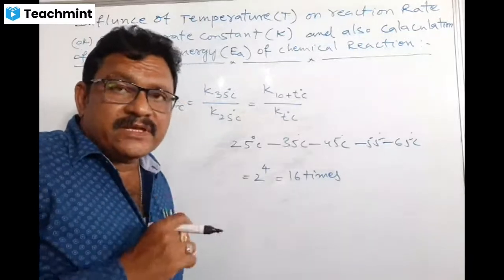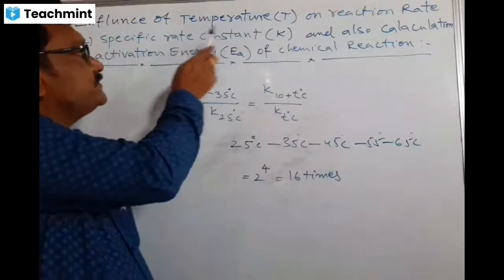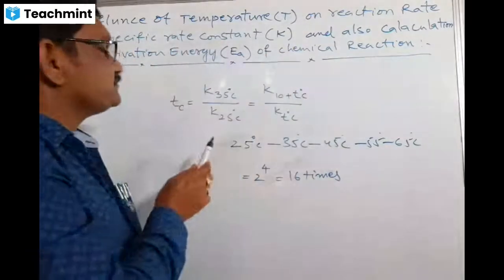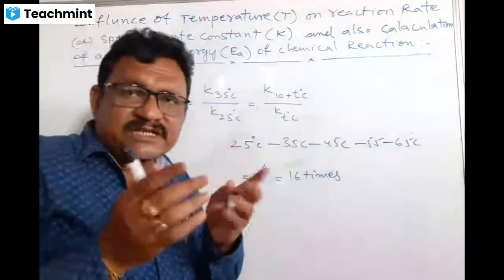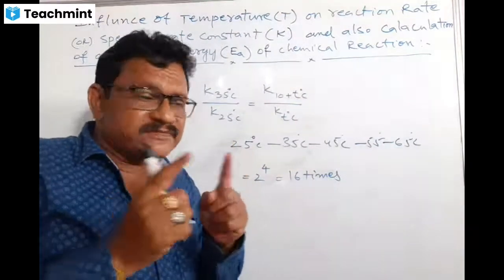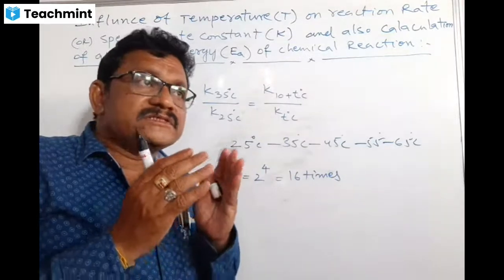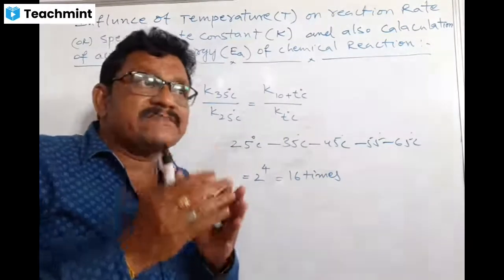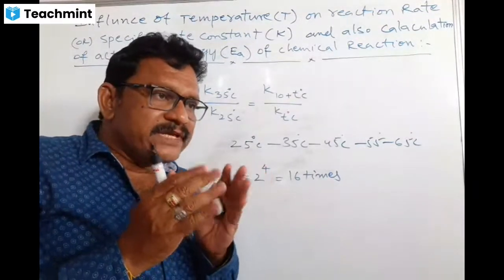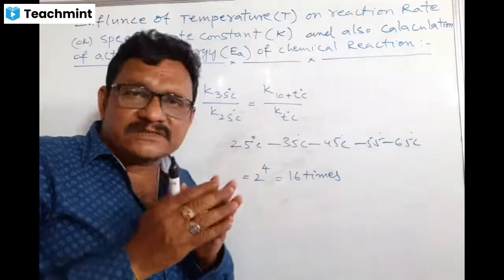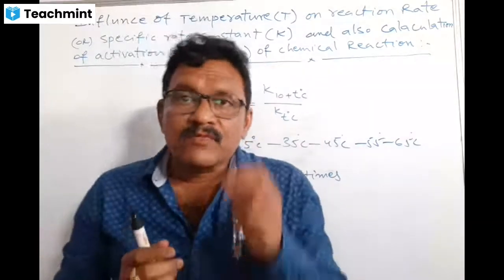So today I am going to explain the concept, the influence of temperature on reaction rate or specific rate constant, and how they are related. Just theoretically, I just explained that it is directly proportional. But this relation was explained by Arrhenius based on the collision theory concept. He gave a quantitative relation